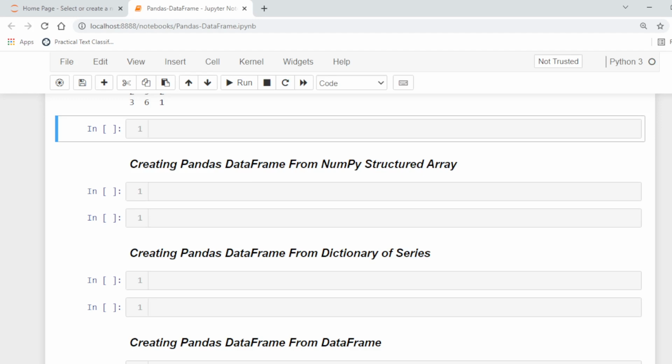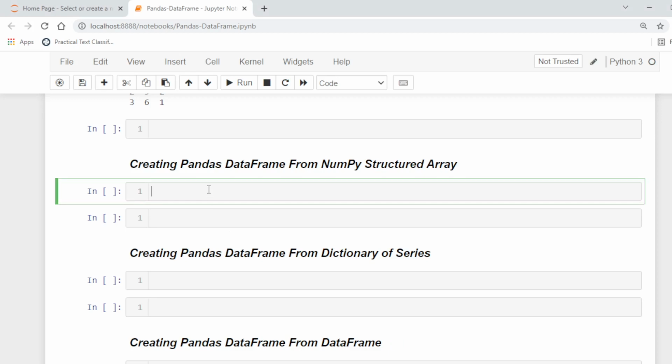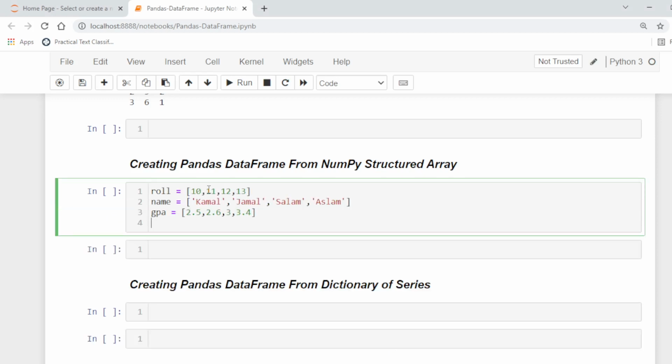For example, if we have three lists, let's say students' roll numbers, names and their GPA, like this one. Here we have three Python lists. The first represents the roll number, the second the names of the students, and the third one GPA.